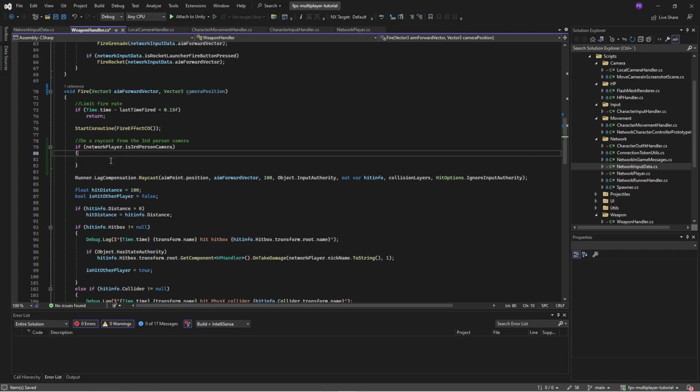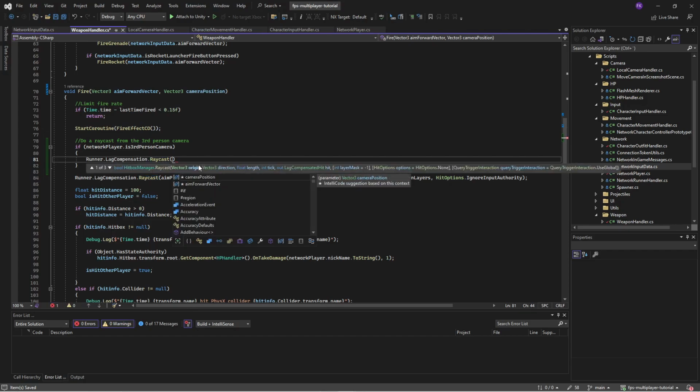In that case, we want to perform a raycast to figure out what the camera is hitting. What is the third person camera aiming at, and did it hit anything? So we will do a raycast as we did before,